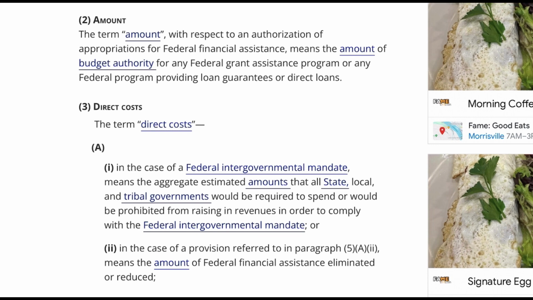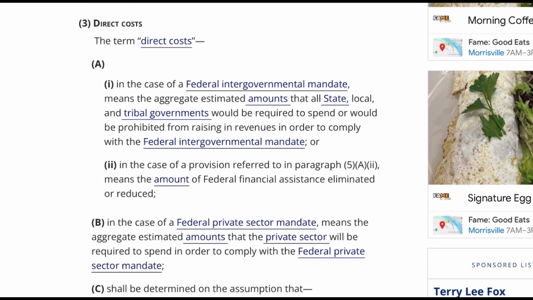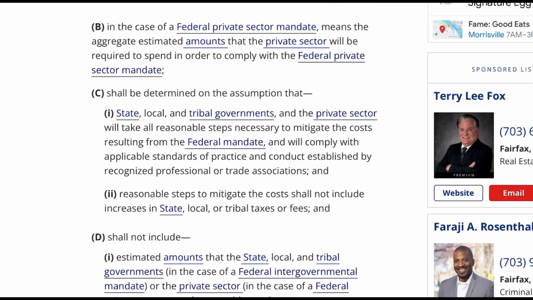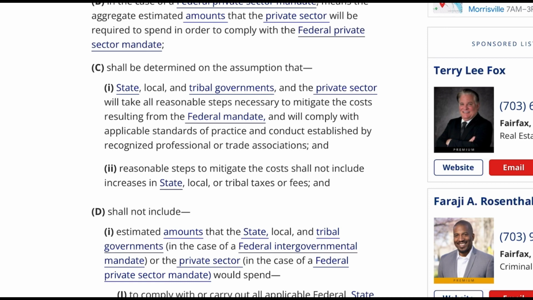Or (ii) in the case of a provision referred to in paragraph 5(A)(ii), means the amount of federal financial assistance eliminated or reduced. (B) In the case of a federal private sector mandate, means the aggregate estimated amounts that the private sector will be required to spend in order to comply with the federal private sector mandate. (C) Shall be determined on the assumption that (i) state, local, and tribal governments, and the private sector will take all reasonable steps necessary to mitigate the costs resulting from the federal mandate, and will comply with applicable standards of practice and conduct established by recognized professional or trade associations, and (ii) reasonable steps to mitigate the costs shall not include increases in state, local, or tribal taxes or fees. And (D) Shall not include (i)